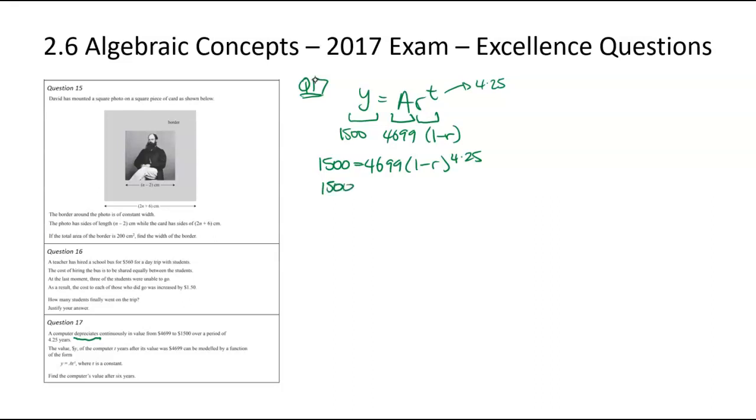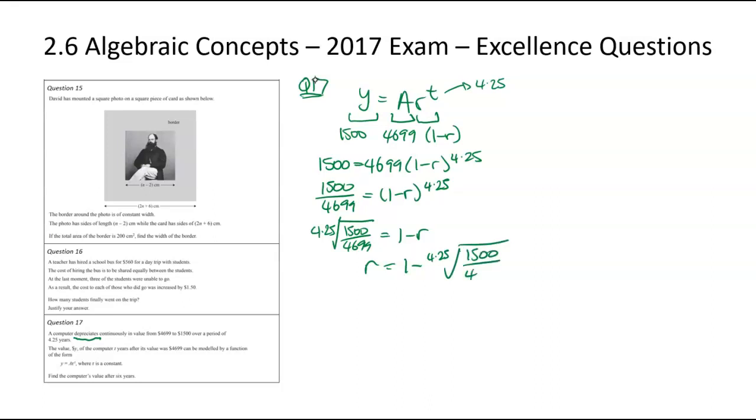So that's going to be 1500 divided by 4699 equals 1 minus r to the power of 4.25. This is a power. I'm going to move this to the other side as a root. So that's going to be the 4.25 root of the fraction, equal to 1 minus r. I'm just going to move the r over here as positive, which means that root will move over to the other side as a negative. So that will leave r equals 1 minus the 4.25th root of